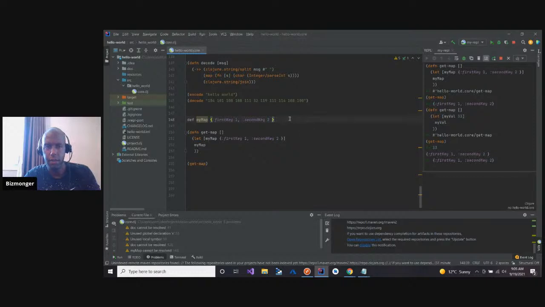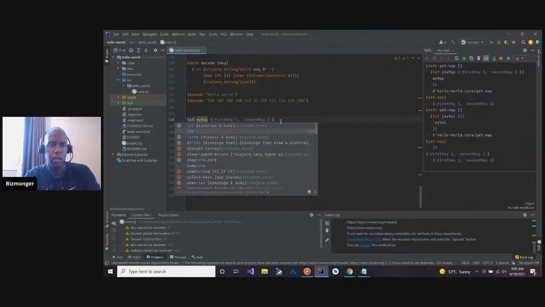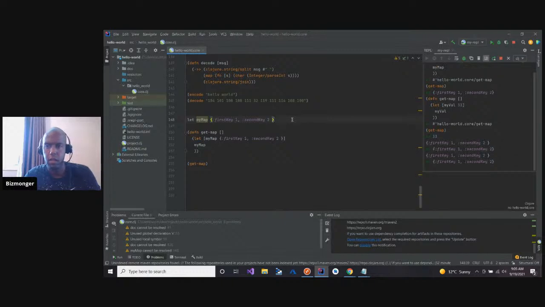But I got confused. Why can I say def my map and have the syntax without brackets? If I say let, it's the same thing. I don't need brackets in there.